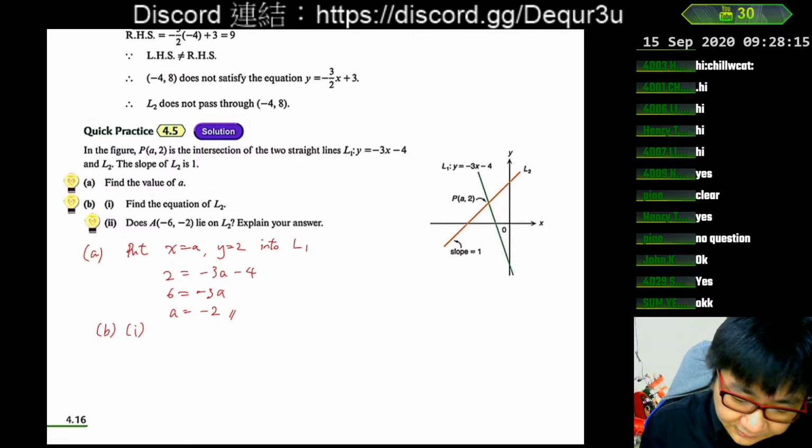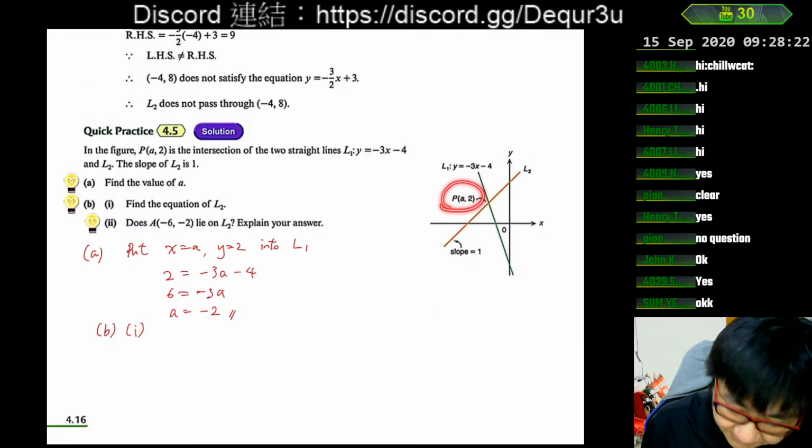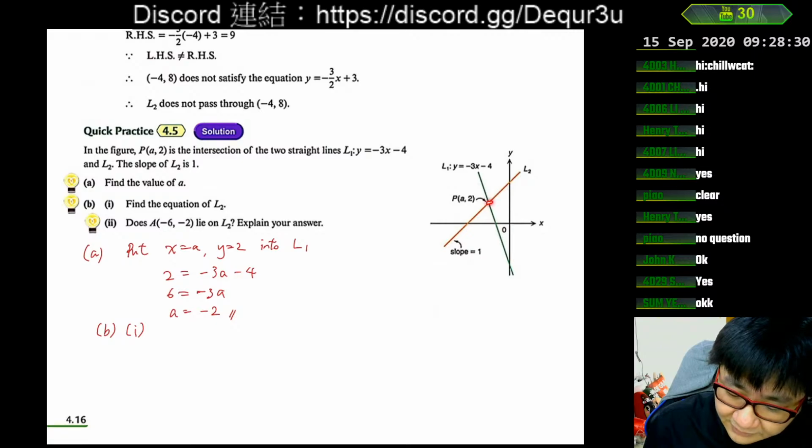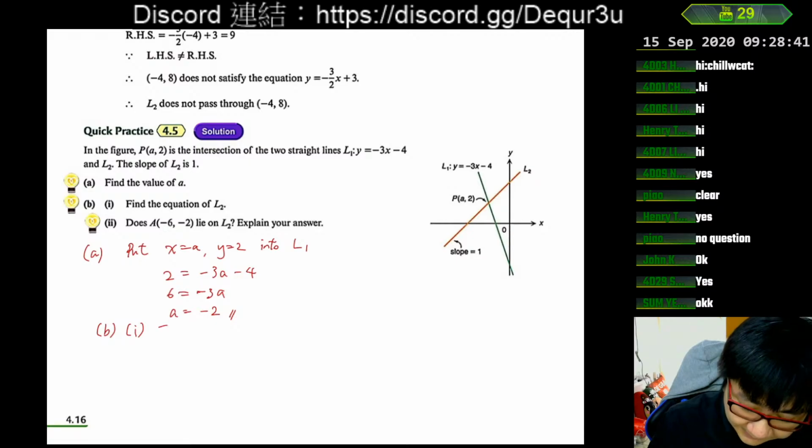the equation of L2. After part (a) we know this point P is (-2, 2), so that means we have a point on this line. This point P lies on both lines, and to know the equation we need 1 point and 1 slope, which is already there. So we have the point and slope, therefore we can find the equation of L2, and so we can write directly the equation of